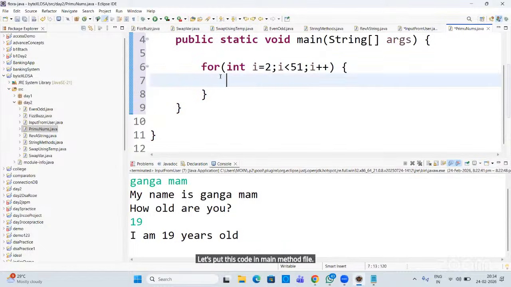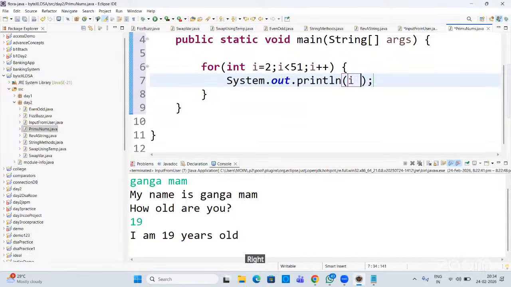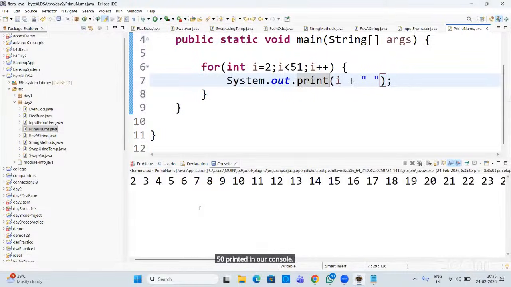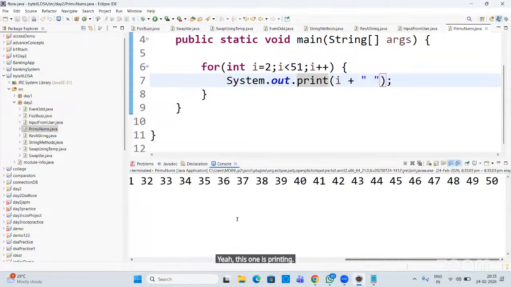Fine. Now it is fine. There was some syntax issue. So now we should see 1 to 50 printed in our console. Yeah, 2 to 50. So of course we started from 2. Yeah, this one is printing. It's fine. So we have 2 to 50 printed here, but we want to print only the